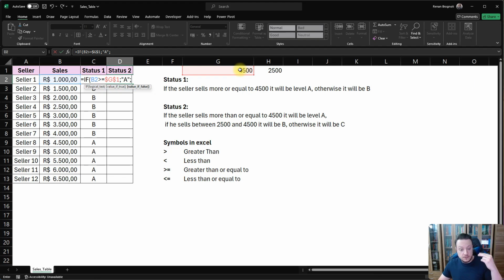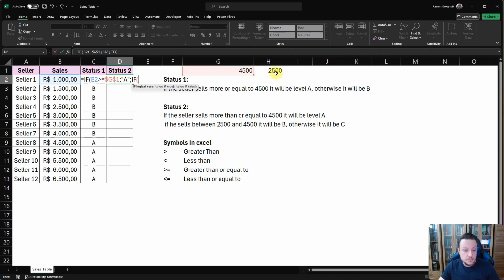Because of that, we need to insert another if inside our if. To put an if inside an if, it will always start in the false argument. So as you can see, we have our logical test, our value if true, and now in the value if false, we can put another if. We already have the greater than or equal to the first value. Now we just need to put the condition to see if this is higher than